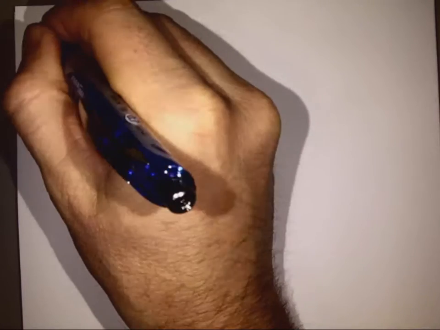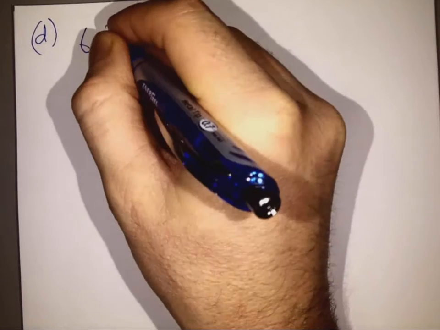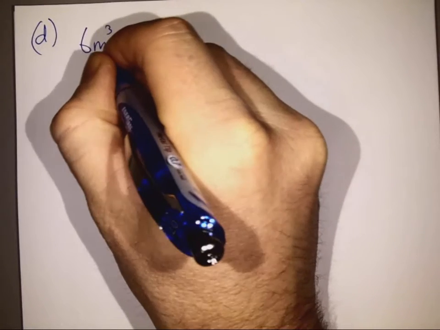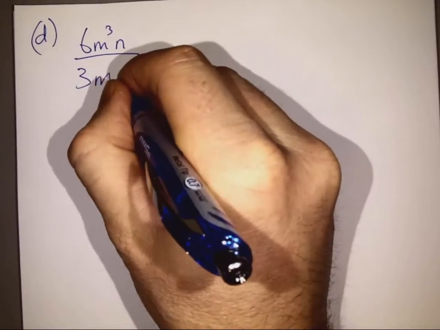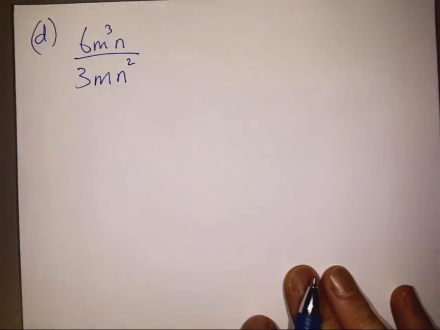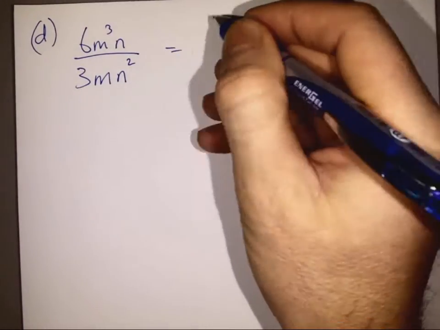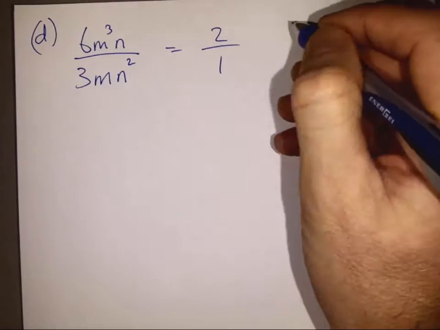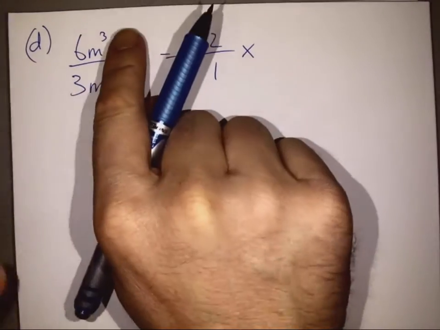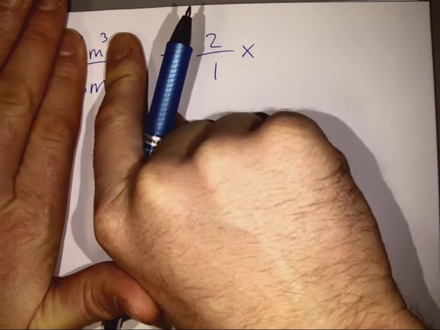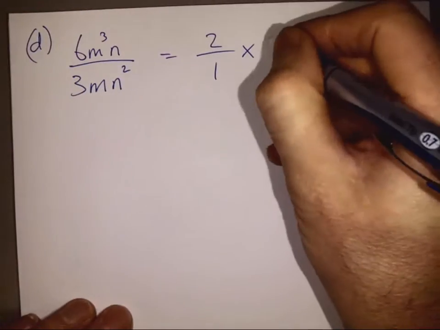Part D there, we have 6m cubed times n on top and 3 times m n squared underneath. Looking at the numbers, 6 over 3 becomes 2 over 1, so we can have it like this. We could think about it like 2 over 1 multiplied by, and now we're just going to look at the m's. M to the power of 3 over m to the power of 1, we subtract, we get m squared